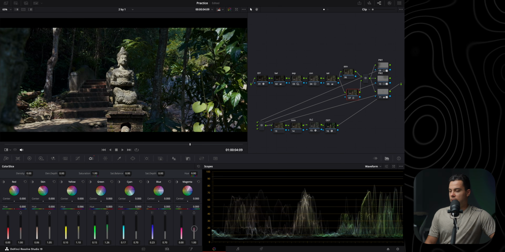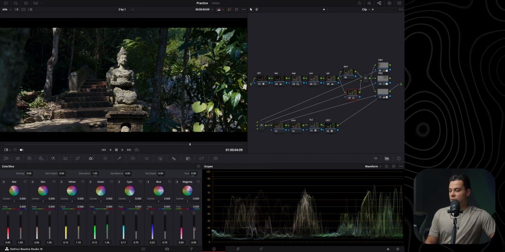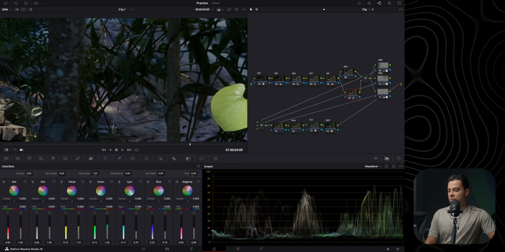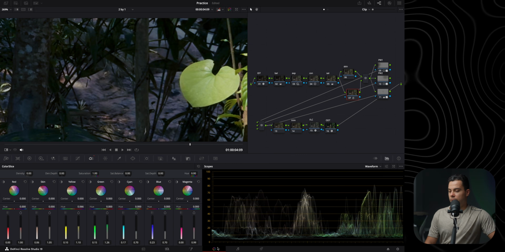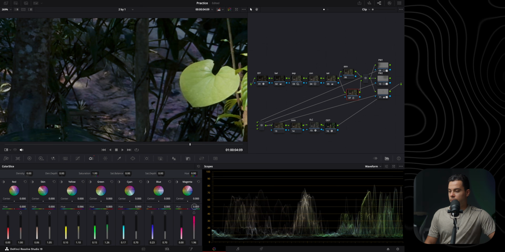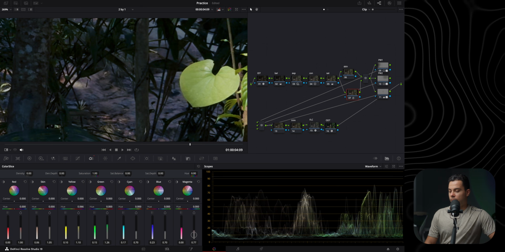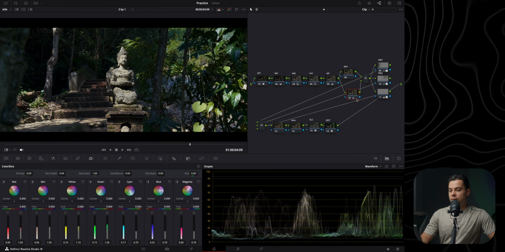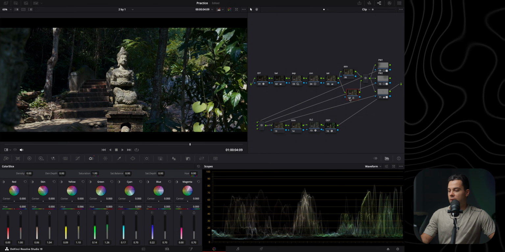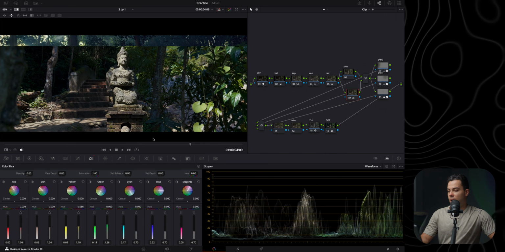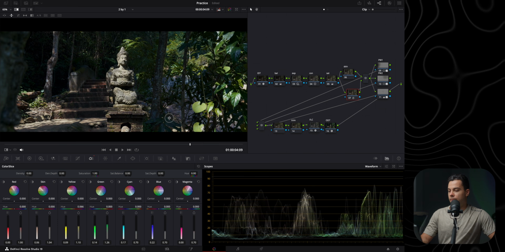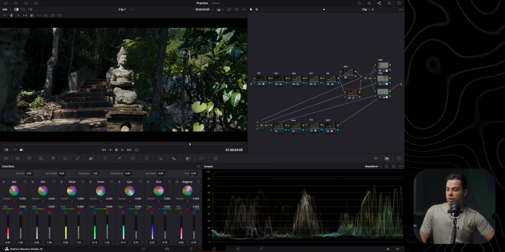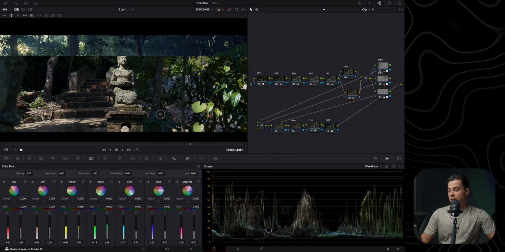Magenta, maybe I'm gonna slightly desaturate the magenta here just to clean up everything in here. Let me show you right here. So I'm gonna put it about 0.7. Looks great. And this is the before and after. Now we are much closer to the reference frame, but my shot is definitely less faded and more contrasty and